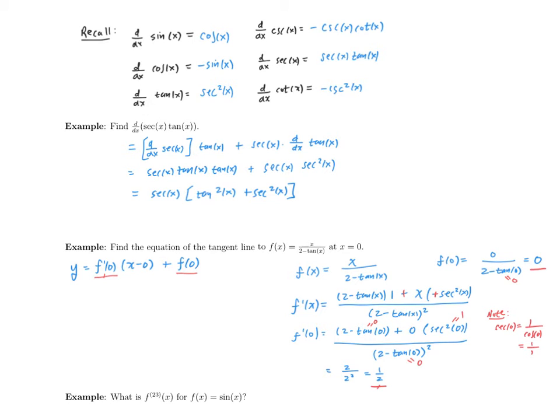And putting this together, we now have the desired equation of the tangent line. y is equal to 1/2 the quantity x minus 0 plus 0, which is maybe more conveniently written as y equals 1/2 x. And these are two examples of common problems involving differentiation, regardless of the type of function that we might be dealing with. Let's look at a slightly different question that's maybe more specific to dealing with some of these trig